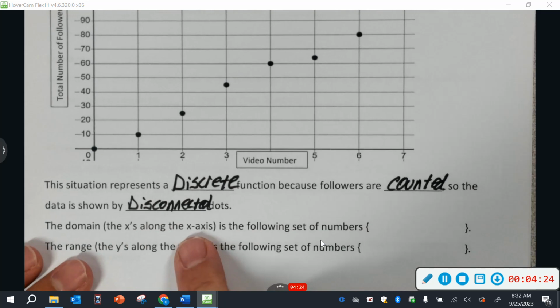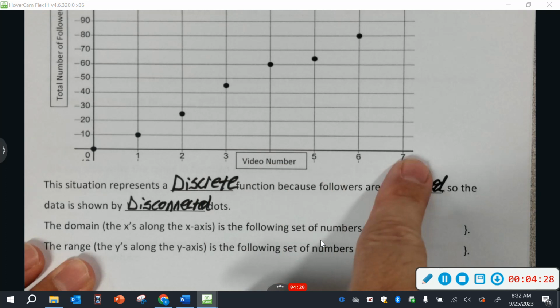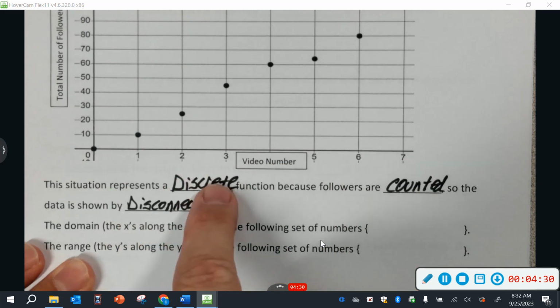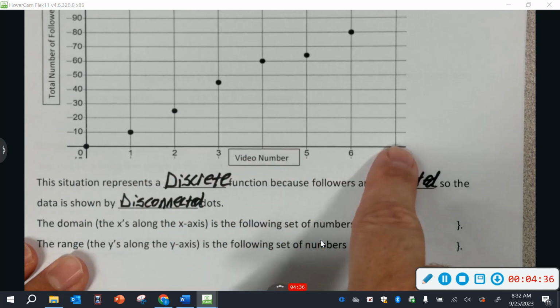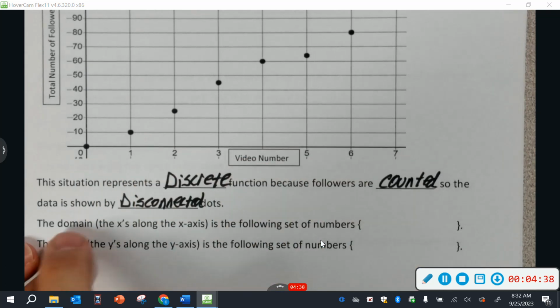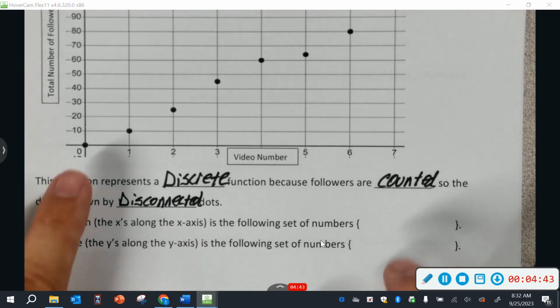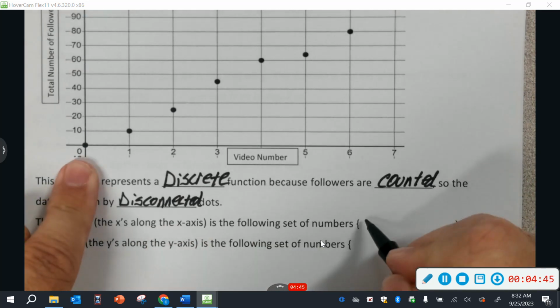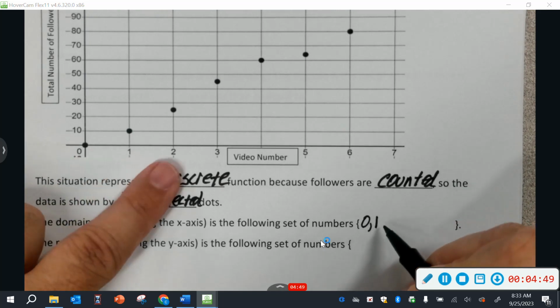Alright, so the domain for this function is going to be all the x values for each dot. And when you have a discrete function or discrete situation, you're going to write the domain separated with commas, okay? Each x separated with commas. So the domain, the x's along the x-axis, is the following set of numbers. So the first one is going to be 0. The next one is going to be 1,